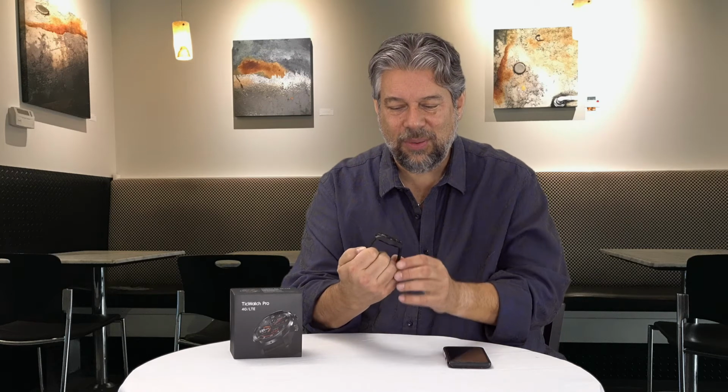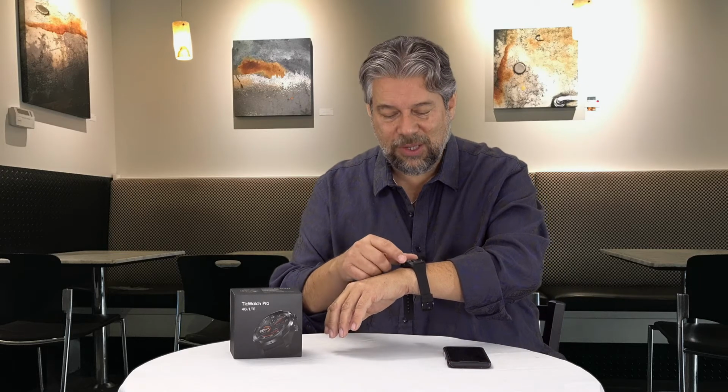Now, here's the thing, when I started out, I said that this is the TicWatch Pro 4G LTE. And so far you're like, well, there ain't no 4G or LTE going on here. And even with an Android phone, it's not going to give you its own sort of autonomous existence unless you're on Verizon. Now, Verizon has some feature, I believe it's the eSIM feature, but it lets the watch be its own entity. So it has all the circuitry in it so that you could actually be far, far away from your phone and you get a phone call or a text message and it will still show up on your watch